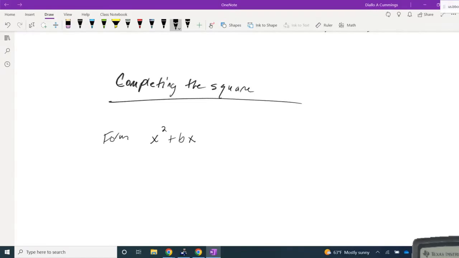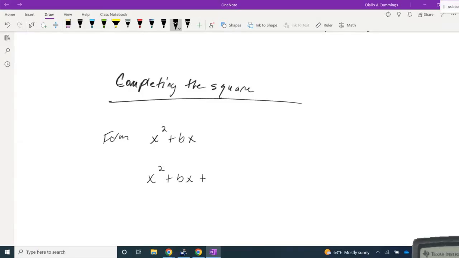When I say second degree, that's just the variable with the squared exponent. The coefficient of your second degree term must be 1. This is the form that you must have. Once you have this form, you can complete the square